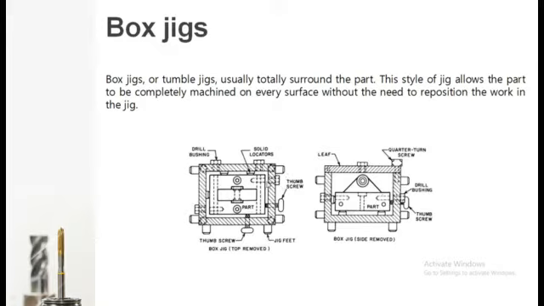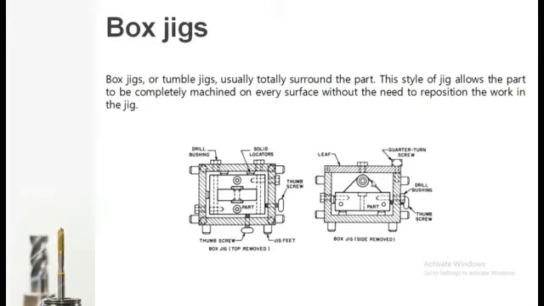Now how are these located? Initially the workpiece is slid inside that box type jig, and it is located with the help of these solid locators or locating devices, and through this bushing drill you can drill different holes at the desired locations. So this is a type of jig where you have to drill the hole at different locations and at different faces. So this type of jig can be used for carrying out the drilling operations.